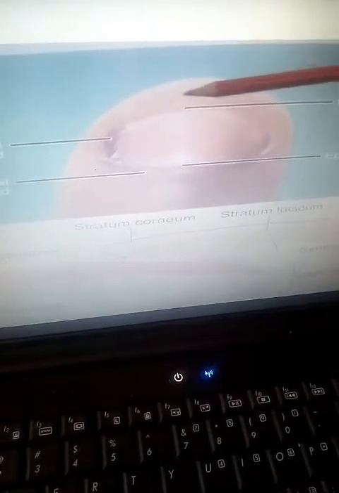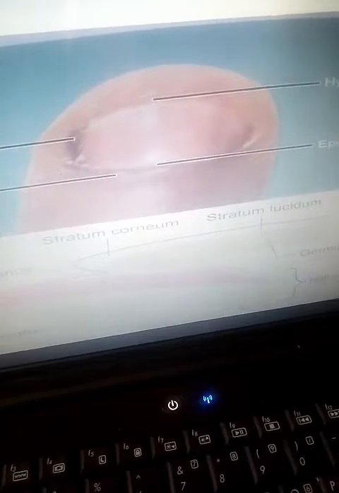So migration of the primary nail field from the tip of the digit, क्योंकि अभी हमने बताया कि tip of the digit पे जो arise हुआ हमारा primary nail field, वो migrate होके पीछे चला गया. तो अब जब हम देखते हैं nerve supply of the dorsal aspect of the fingers, you will see they are derived from the ulnar nerve and median nerve, लेकिन उनका nerve supply palm से जाके फिर वो पीछे आ जाता है due to the migration of the cells. That is why they have the nerve supply from the palmar aspect and ventral aspect.